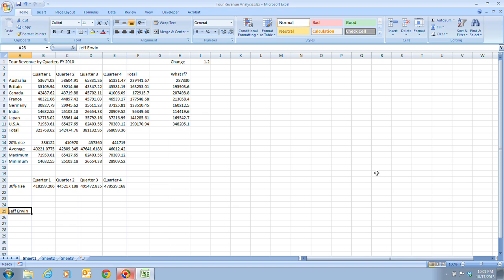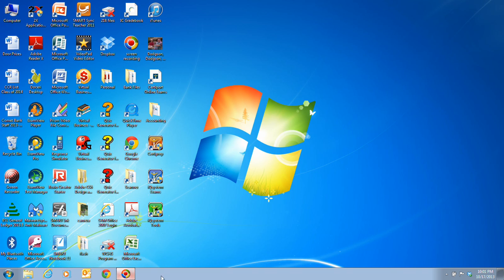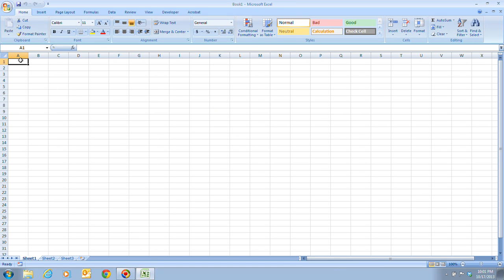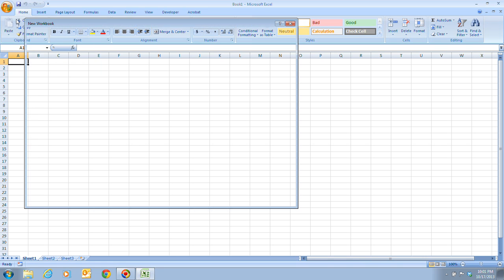Now, of course, remember as well, if you take a look at the information on page 41, you can actually create a new workbook using a template. And remember that templates are the pre-designed files that are there for you. To get a template, typically when you open up Excel, and I'll just go ahead and close this down because we are finished with this file, it will open up in a blank workbook. To get a template, you can click on the Office button up here, go to New,